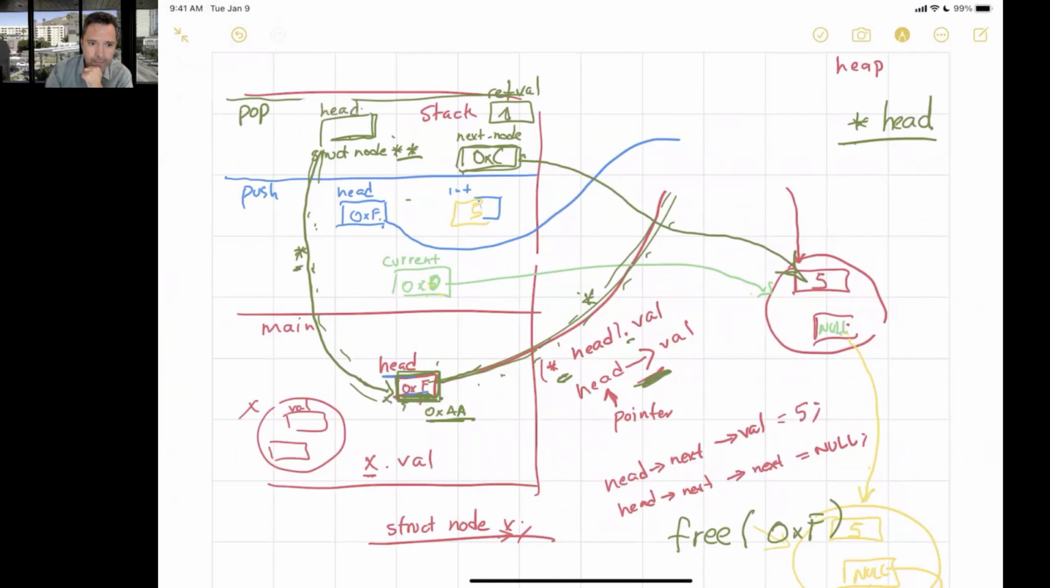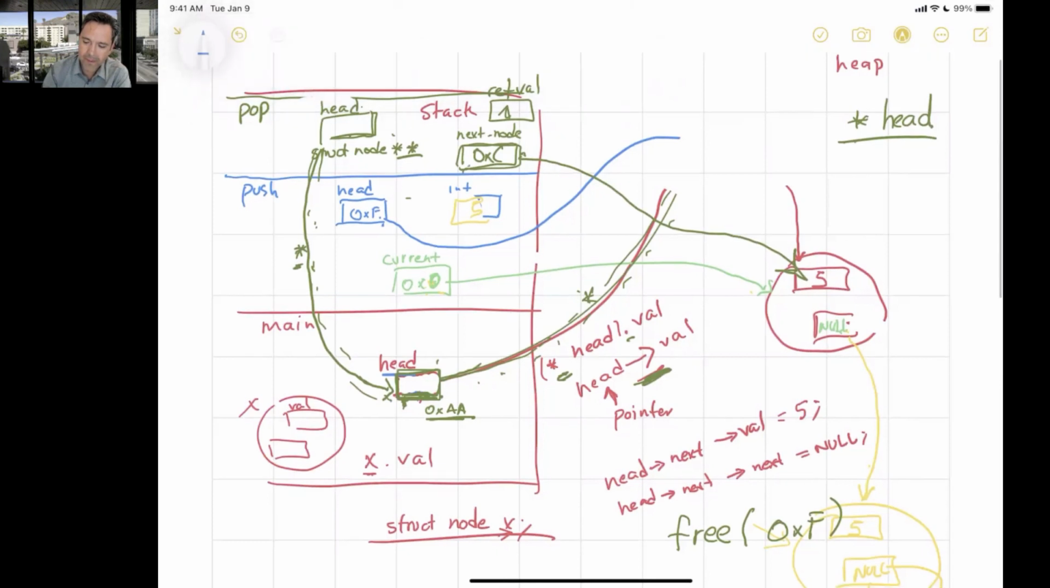But asterisk head is this one in the main. And what I am going to do is to change the value in a local variable in another method. I am going to change the value in the local variable head in main using the method pop. And what I am going to do is to put here this value, 0x,